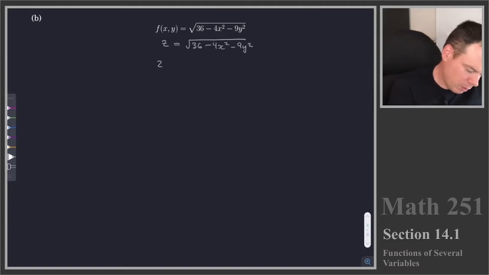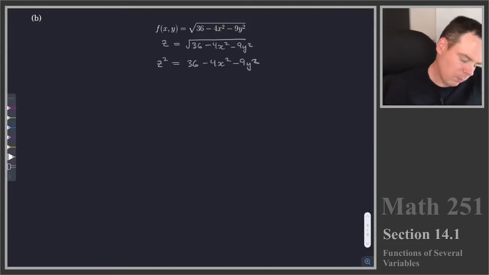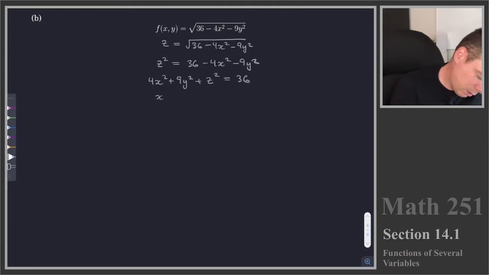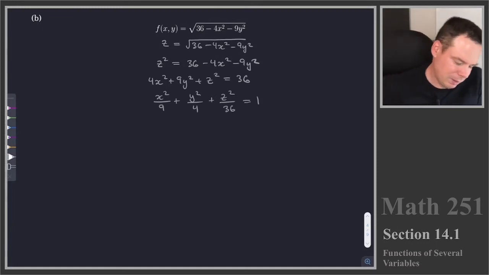And square both sides, get rid of those square roots. It might help us try to figure out what kind of object this is. Then we can move everything to one side of the equation. 4x squared plus 9y squared plus z squared is equal to 36. And then I'll divide by 36 just to clean things up a little bit. You may say it doesn't look like you're cleaning it up, you might be making it a little bit messier. Well, perhaps, but the reason I'm doing this is because now at this stage,